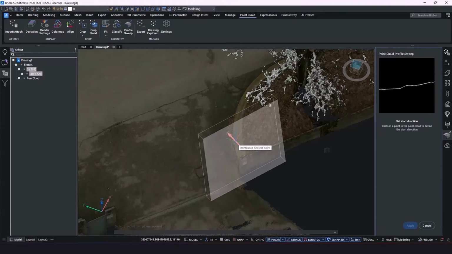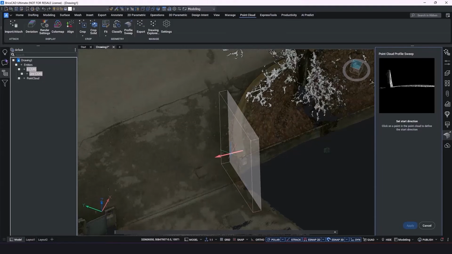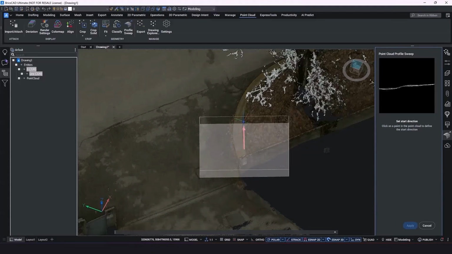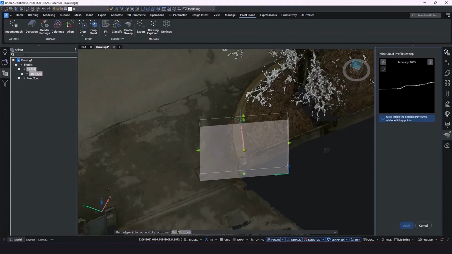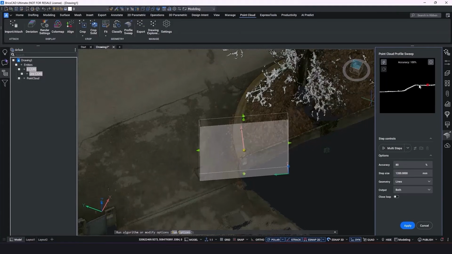Now you can see as you move the arrow around, that's the way we want to go. And here's our profile. So again, what you want to do is click to place key points. There we go. And you can see there's our first sweep step, if you will.